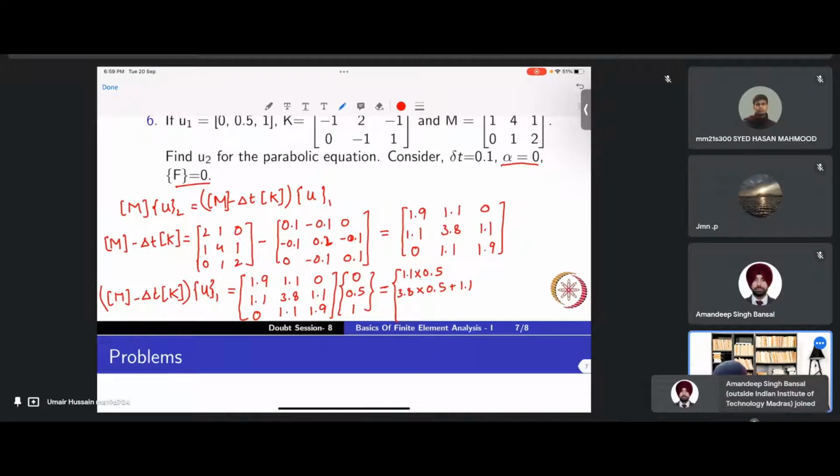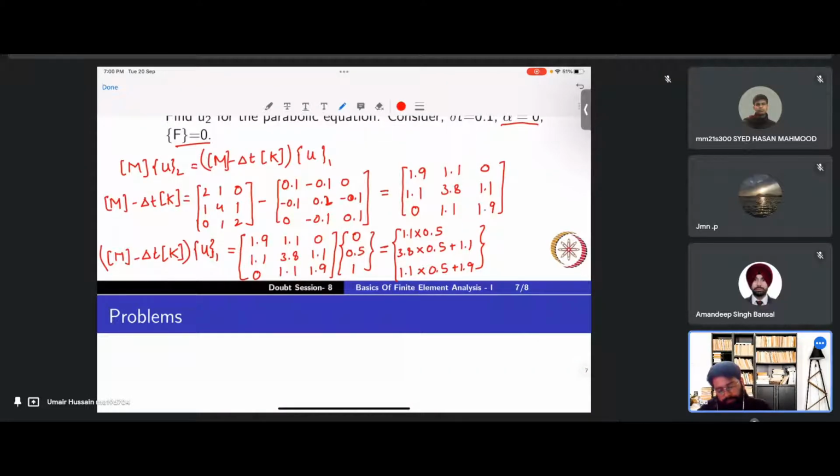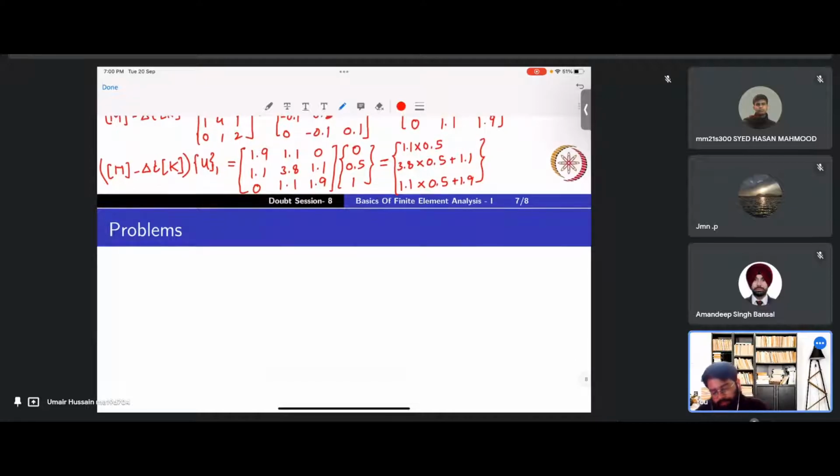Then in the last row we have 0 times 0, 1.1 into 0.5. Then we have 1.9 times 1. So continue calculation below. That gives us